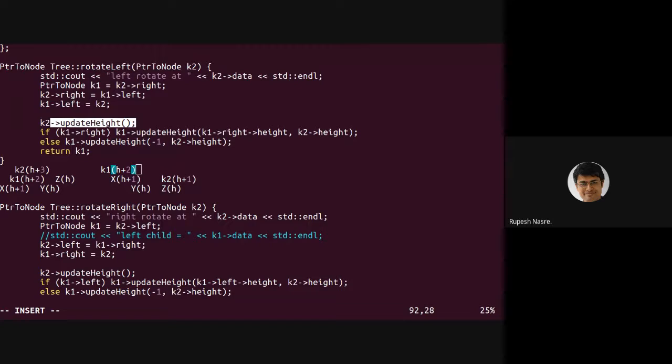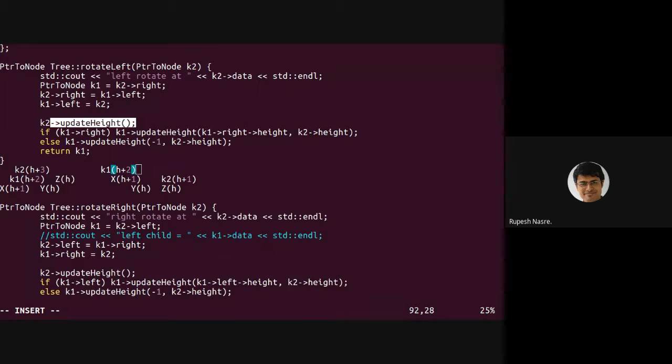As far as the X subtree is concerned, that is K1 arrow left in the original tree, there is no update in that tree. Update meaning there is no insertion or removal in that subtree, and therefore X continues to remain as it is, and so is Y and so is Z.